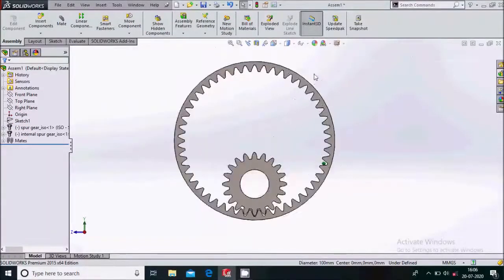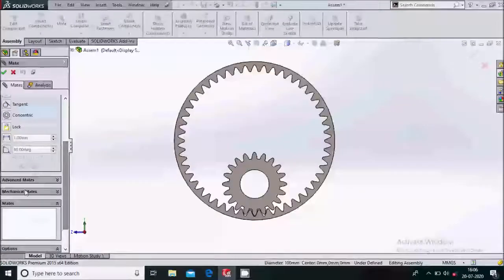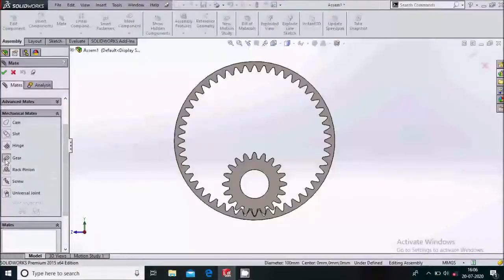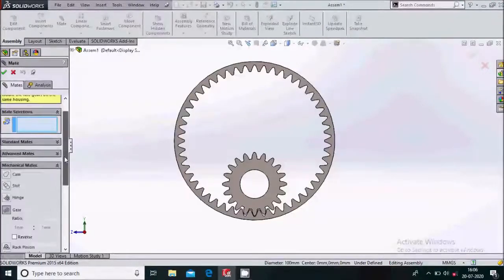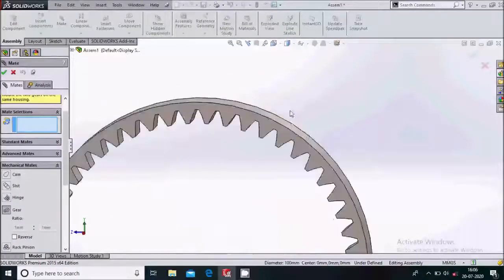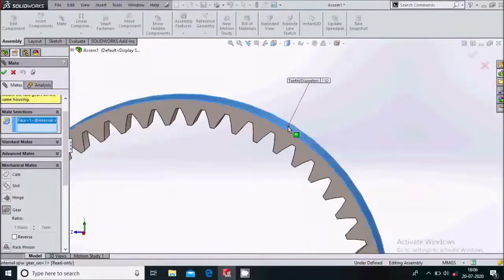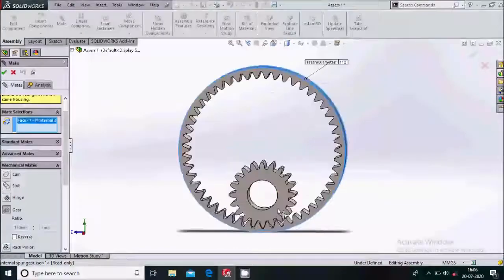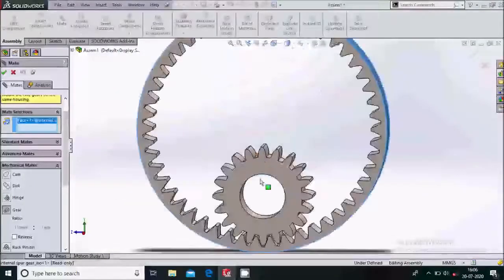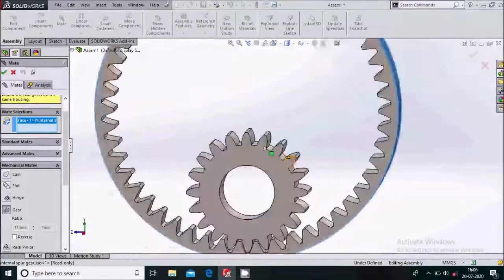Okay. Now what we'll do, we'll go for a more important mate, that is the gear mate. It will be under mechanical mate, gear. For the gear mate we have to select the outside face of this internal gear and the pitch circle of this pinion, which is not shown over here.